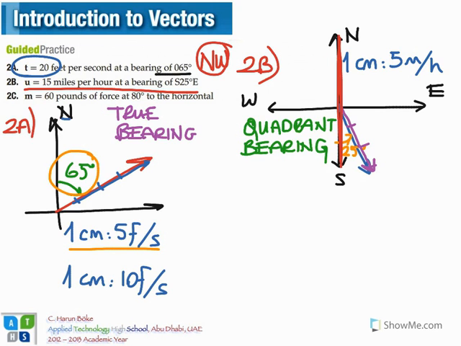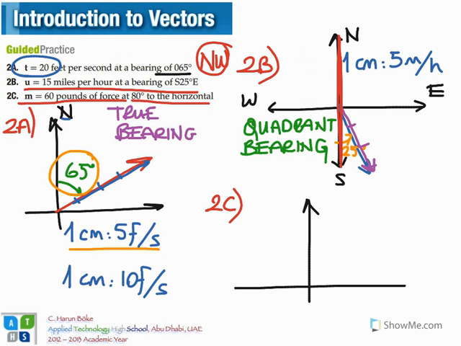Okay, now let's look at 2C. Now the information given is M equals 60 pounds of force at 80 degrees to the horizontal. Now here we have this horizontal axis, and we are going to measure our angle of 80 degrees compared to the horizontal axis through the anti-clockwise or counterclockwise direction. So I'm going to measure 80 degrees, as in the figure, from the horizontal through anti-clockwise or counterclockwise direction, and